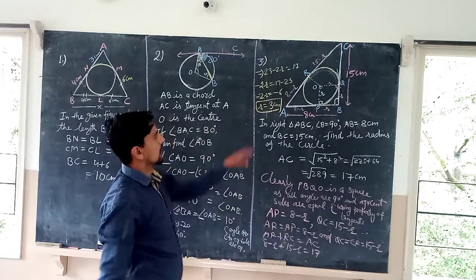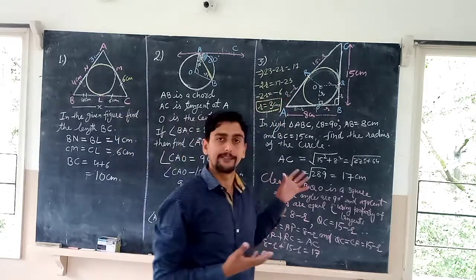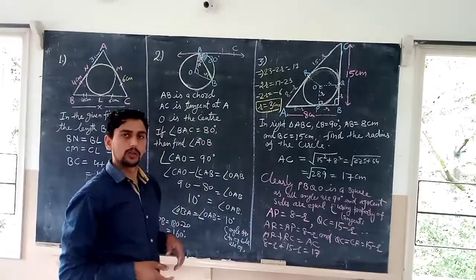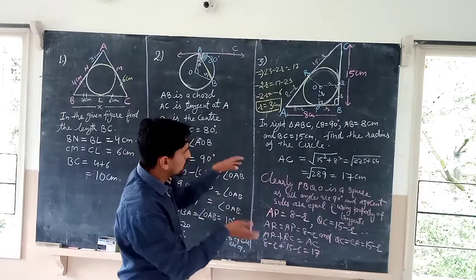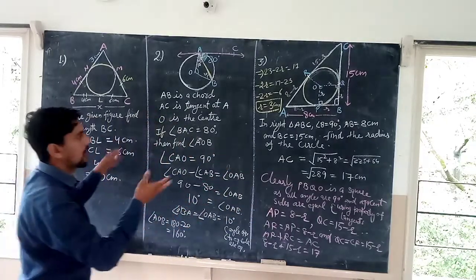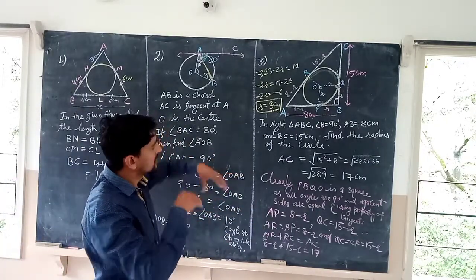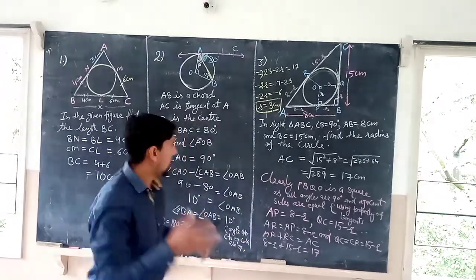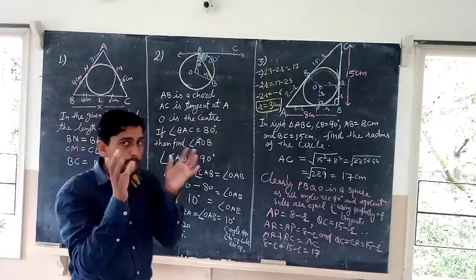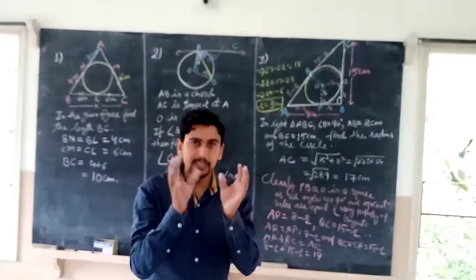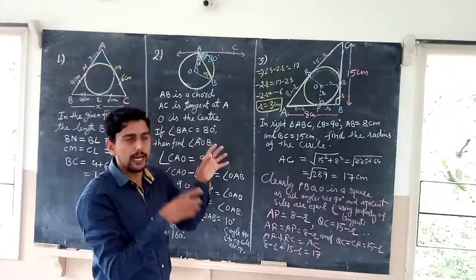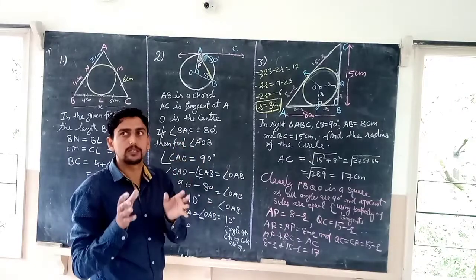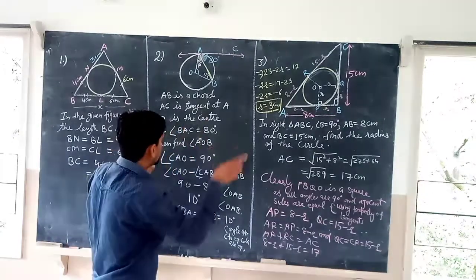This is how we tackle these kinds of questions. Alright? So basically, don't look at the answer of how I solved this, just look at the strategy behind how I solved it and how I figured out which property I have to use. This is the important part for you, that you have to look at the figure and think about which property you will use in different kinds of